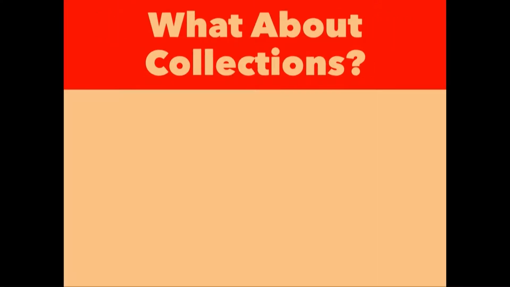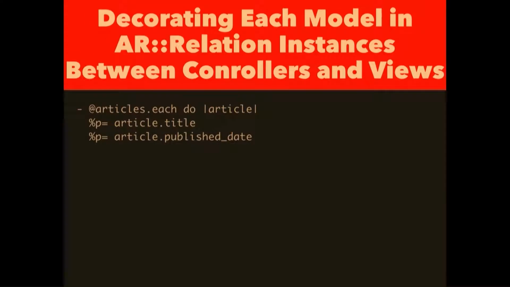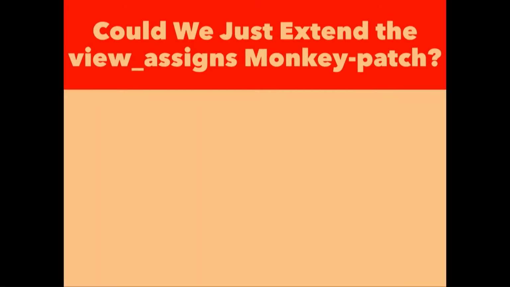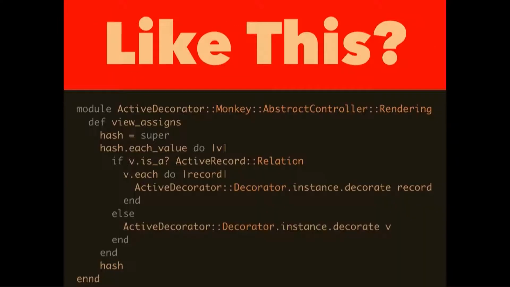It's easy, but what about collections? As I explained, we kind of want to do this. I'm sorry the markup is terrible, but it's just an example. So we want to decorate each object automatically. So could we just extend the view_assigns monkey patch like this? If the object is an Active Record relation, then call its each and decorate. It's doable in this way, but